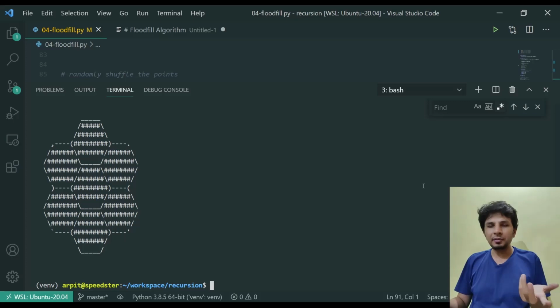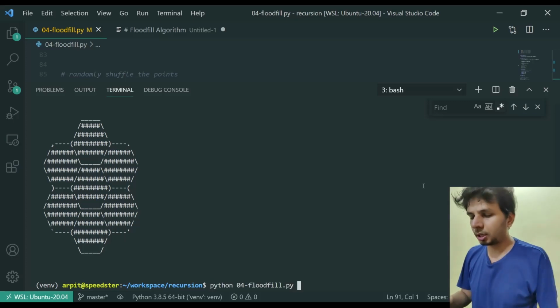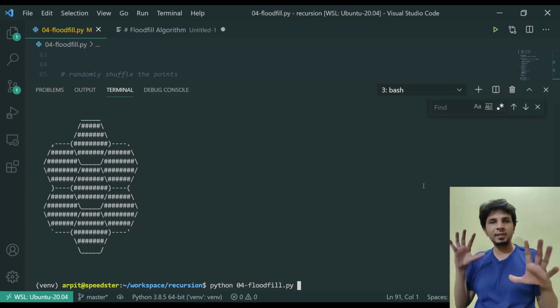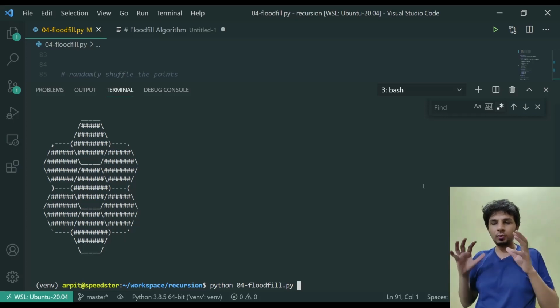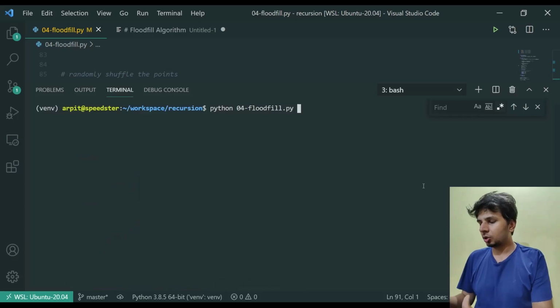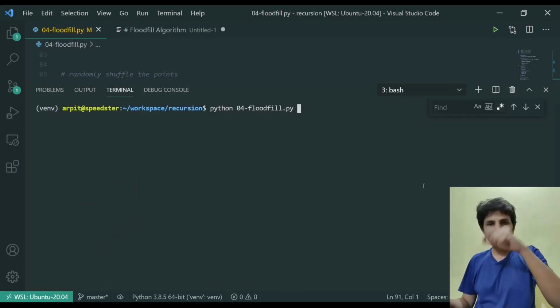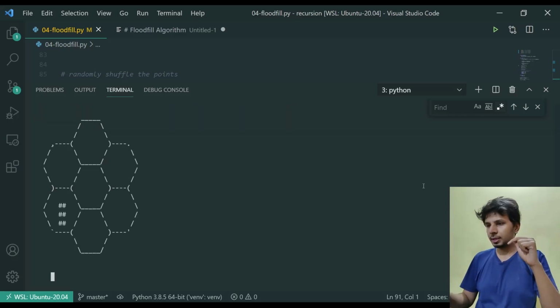So the kind of visualization that I've built, let's just check this thing out. It will give you a very nice gauge of how things happen. What I've done is I've taken a honeycomb-like structure having 7 hexagons, and I'd want to fill this honeycomb structure with hashes, right? So within each hexagon, I'm applying a flood filling algorithm. So let's run and see it in action.